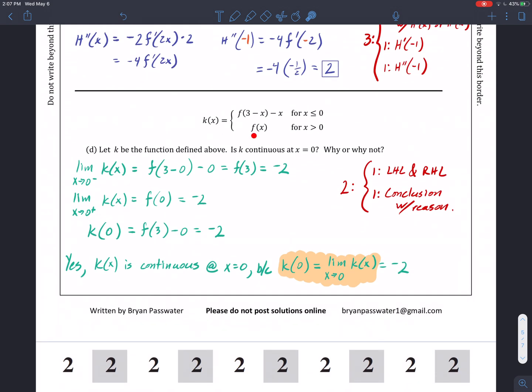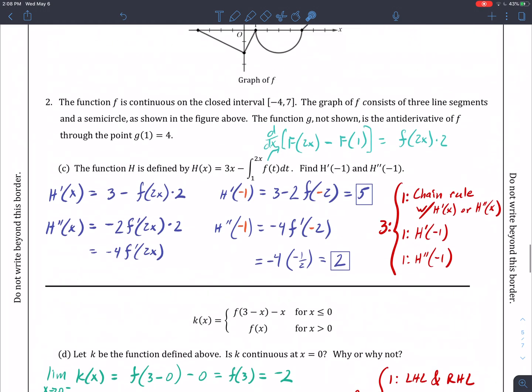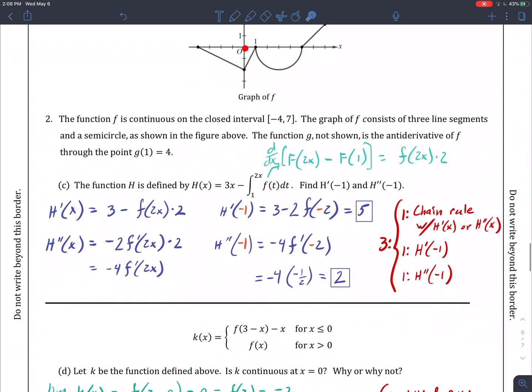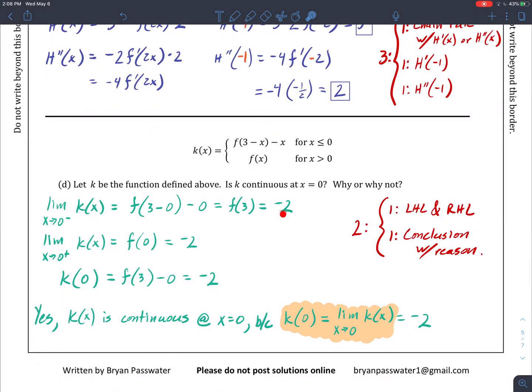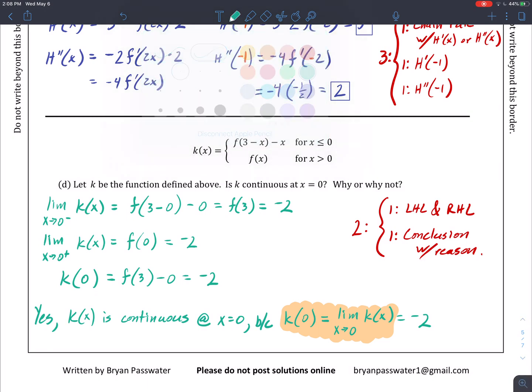The second piece is just f of x. So on the right side, this is where x is greater than 0. So the limit as x approaches 0 from the right is equal to f of 0, which we just go back up to the table here. F of 0 is also -2. So we have -2 for the left and -2 for the right, which means the limit exists and is equal to,